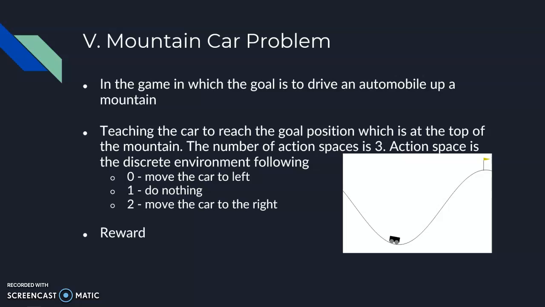With the reward, we aim for the agent to reach the flag on the top of the right hill as rapidly as possible. As a result, the agent gets a penalty with the result